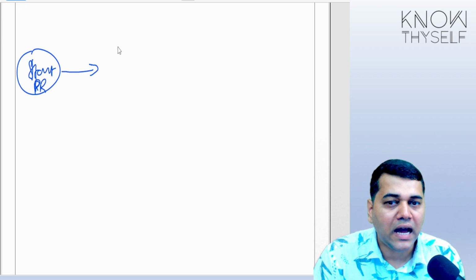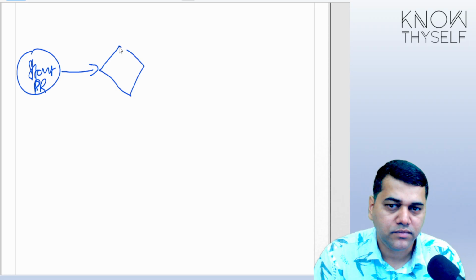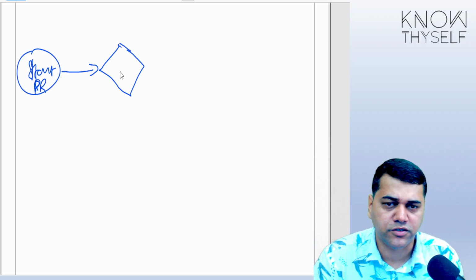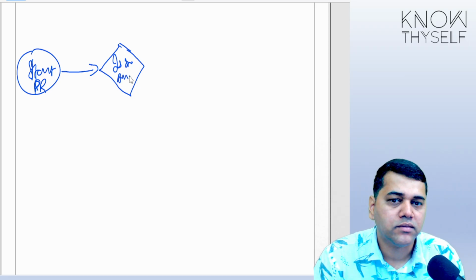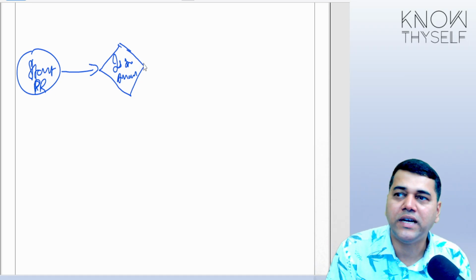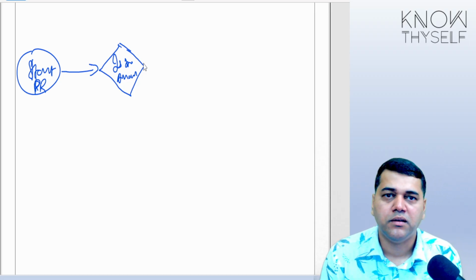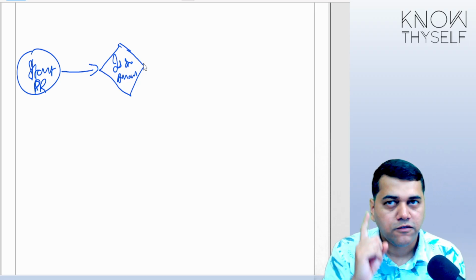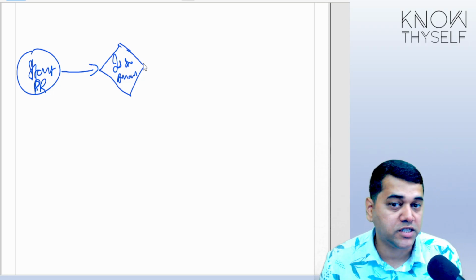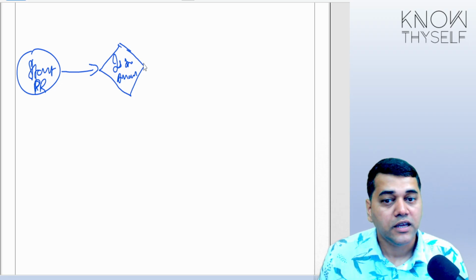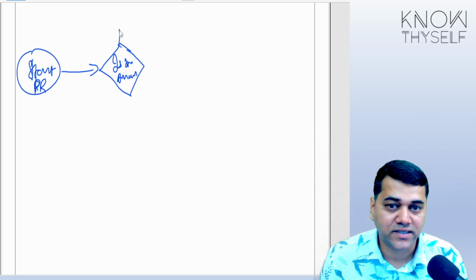Now I will ask one question. Whenever a purchase requisition is received, is the stock available? Like for example, you go and tell your father, get me one biscuit. First, father should think, is the biscuit already available? Have you already purchased it? If the answer seems to be yes,